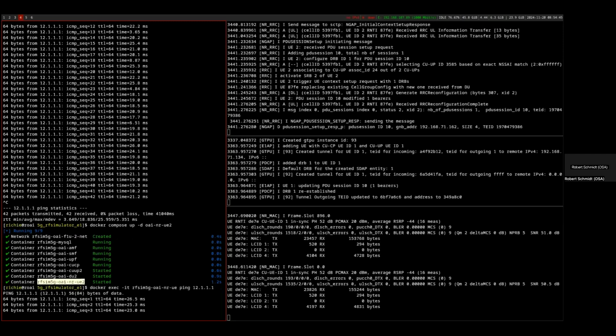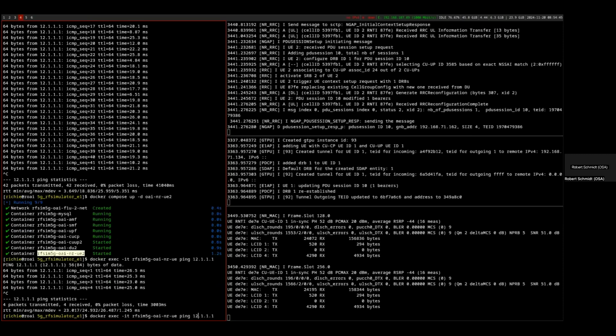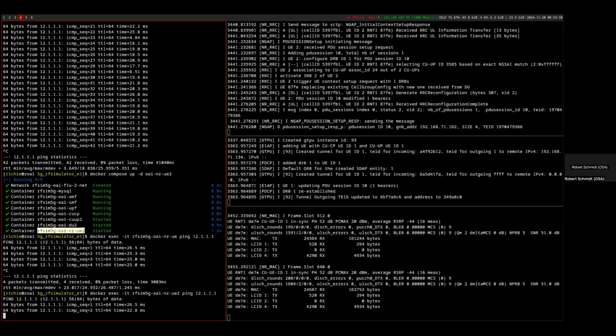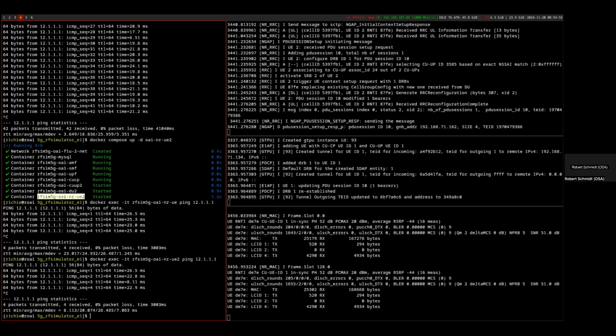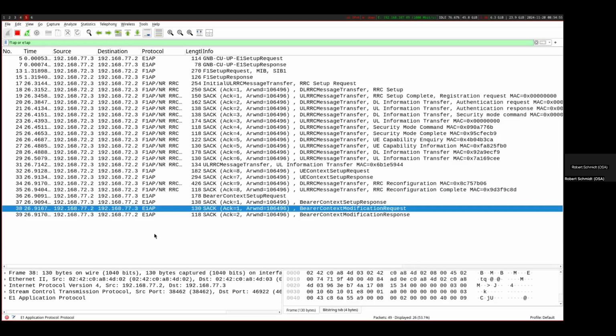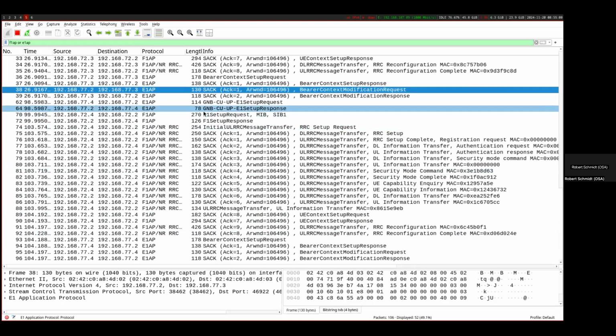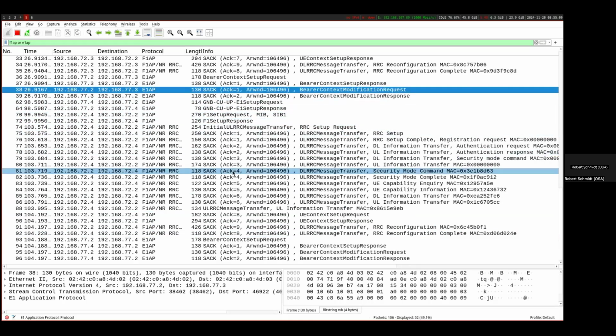And of course, we can do again some ping traffic and so on, and do this also via the second UE. They all have traffic and so on. So this would be a very simple way of just playing with those interfaces. As I said, you could set this up yourself on your machine using Docker Compose, so you don't really need that much. You see here the message exchange with the second